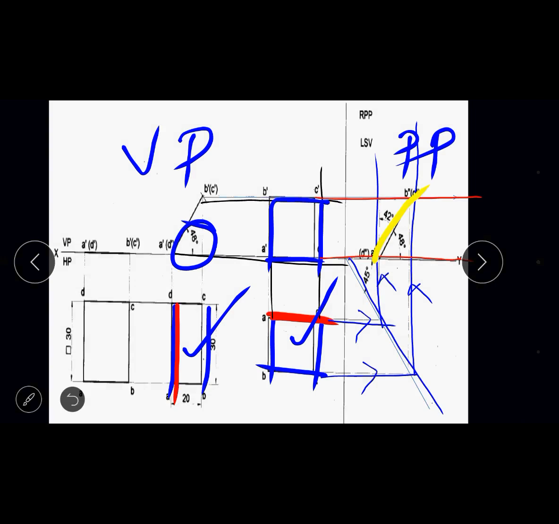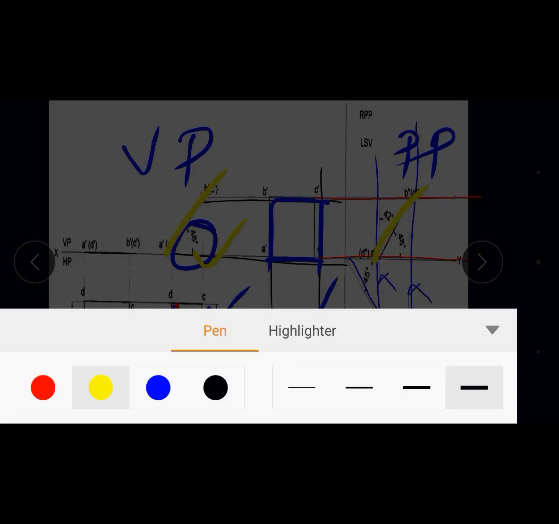Now measure the angle of that inclined line. You can see that this inclined line and the second front view inclined line are both parallel and equal in dimension. The second front view and the last side view are both parallel and similar in dimension. The 48 degree we already measured. Since we needed to find the VP inclination, that is found over here. So just measure the angle made by this side view.